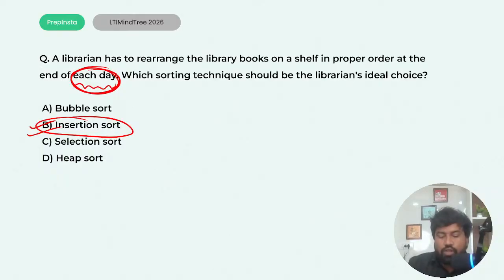So whenever you need to do very little sorting, you have to use insertion sort, which is O of n when the input is almost sorted. See, whenever you get this keyword almost sorted, you have to use insertion sort. Why? Because insertion sort's time complexity on almost sorted input is O of n, so it's better to use. Bubble sort is O of n square, so we won't use it, it's much less effective. So the most effective is insertion sort. You guys all are correct.